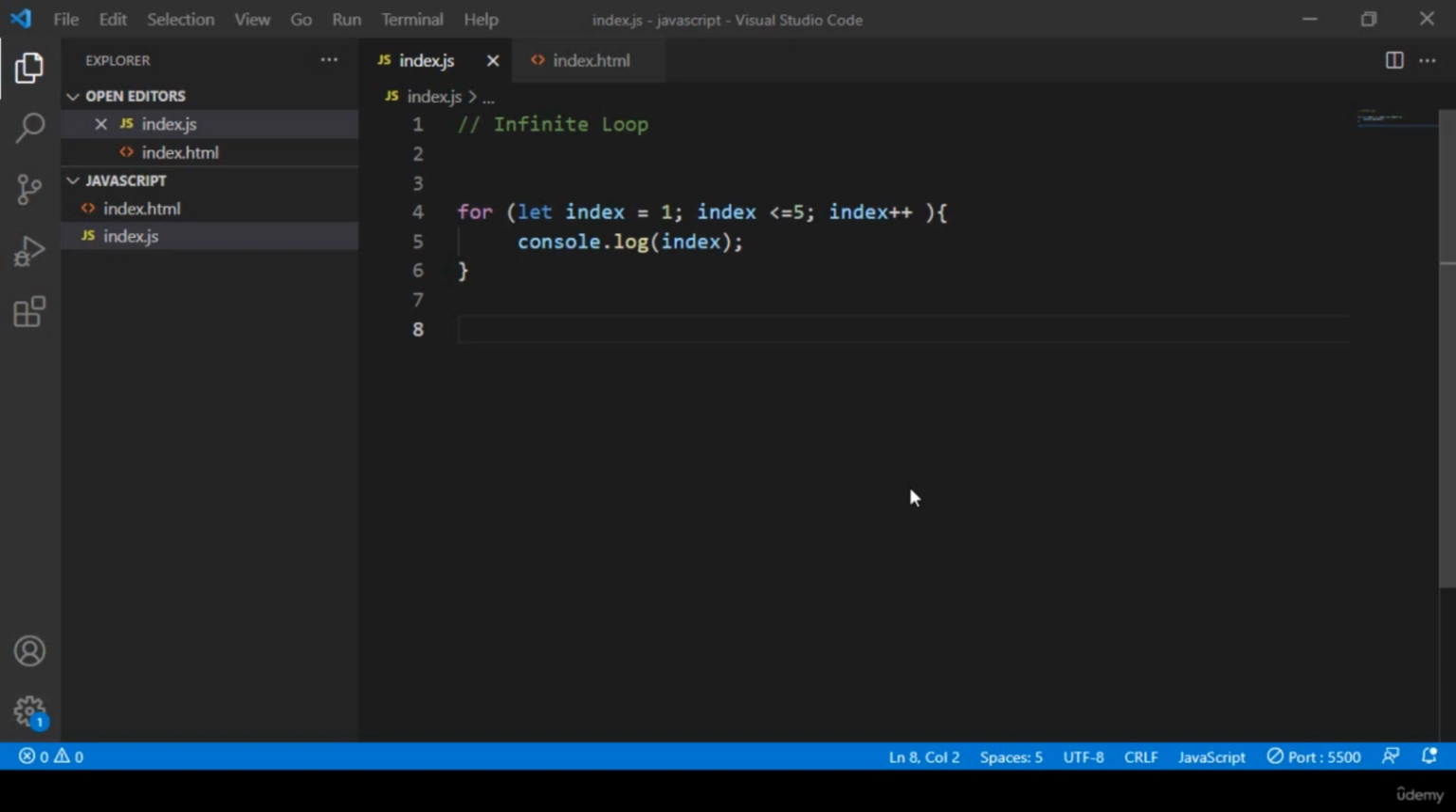Hello friend, welcome back. In our previous video, I discussed the infinite loop. Now I want to discuss the nested loop. What exactly does that mean? It means that there is a for loop, and here I want to